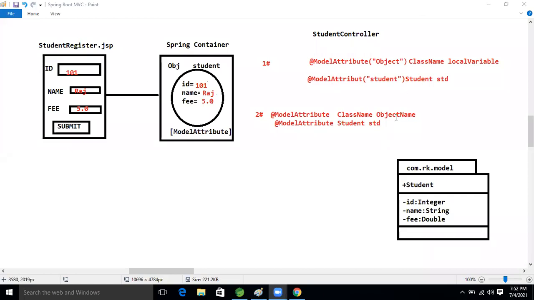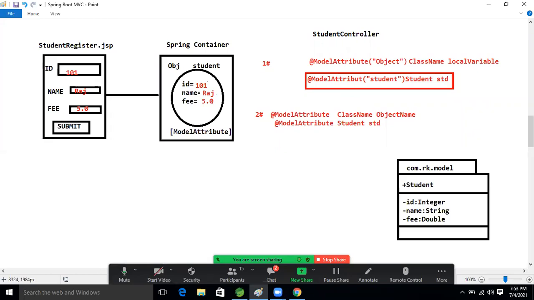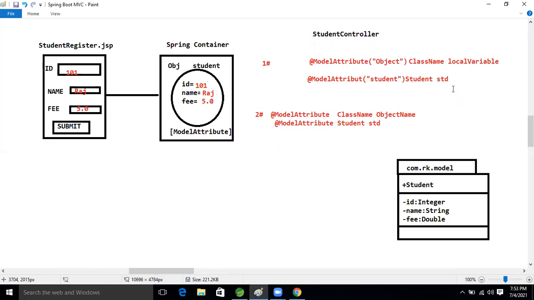Why are we taking the second one? Internally this data is there, and it will read the data locally. We are taking the model attribute because this data is nothing but the model only. Because of this annotation, we can read it directly also, no issue. Both possibilities are there, but I will use this one only.